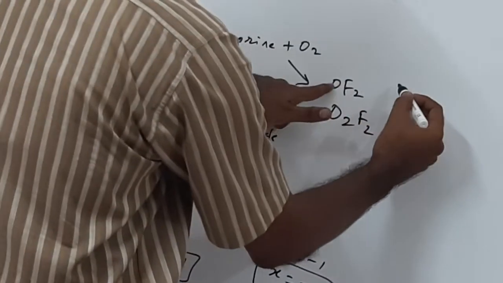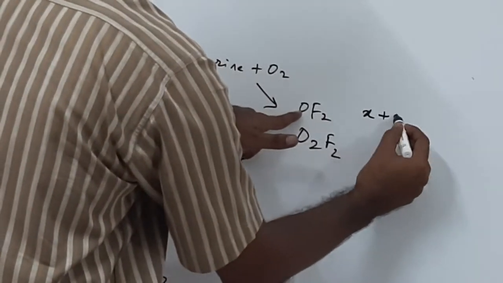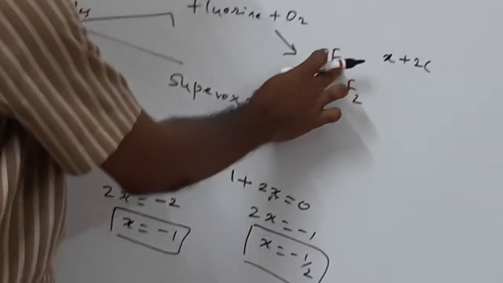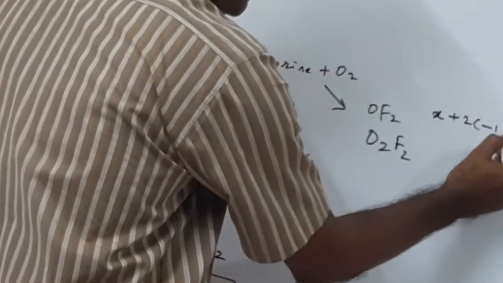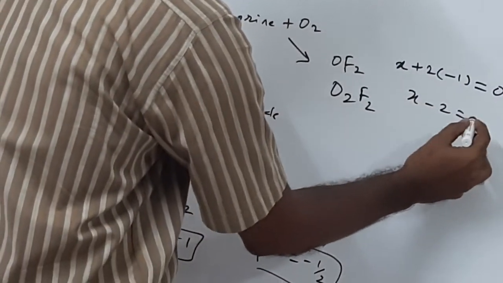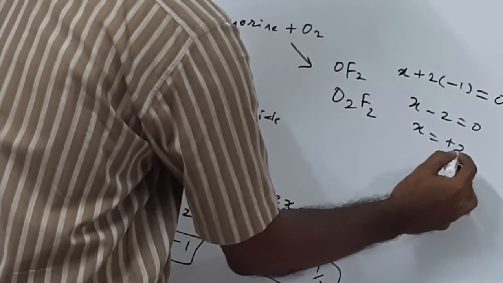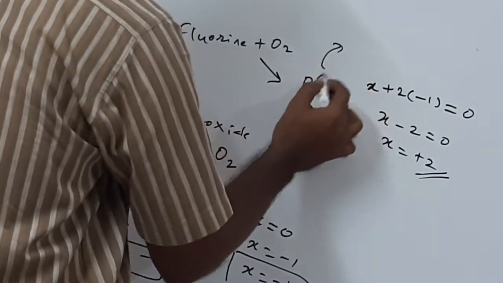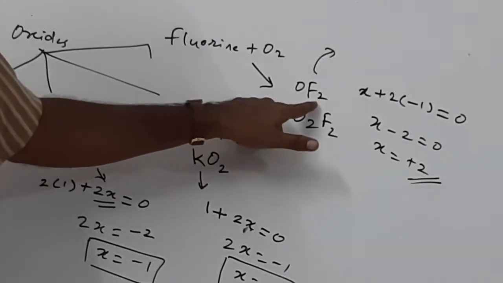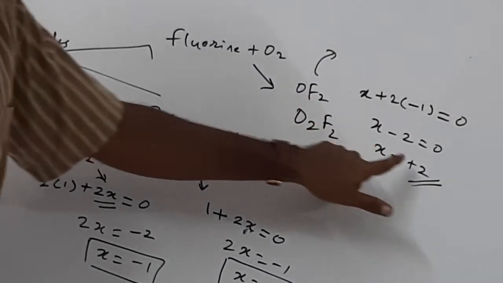இந்த மாதிரி ஆக்சிஜனும் ஃப்ளூரினும் வரக்கூடிய கேஸ்ல the oxidation number என்னங்கிறத பார்க்கலாம். See இத நம்ம கண்டுபிடிக்கணும். Say x plus 2 into, I have said already that the oxidation number of fluorine is -1 இல்லைங்களா? So -1 is equal to 0 because it's a compound. அப்போ x - 2 equal to 0. So x is equal to +2. So in this compound where you have a combination of oxygen and fluorine, oxidation number of oxygen is +2.